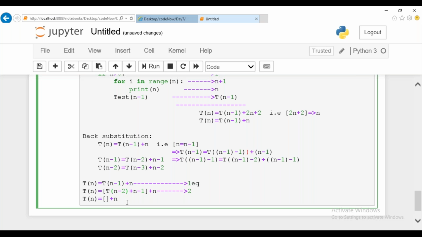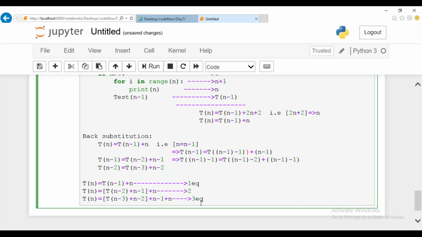This part is already there, only this part you're going to substitute. So T of n minus 1 plus n, you're going to keep as such. Only at this place of T of n minus 2, you're going to substitute the equation we got. So I'll take this one and substitute at this place. This is equation 3 that we got.